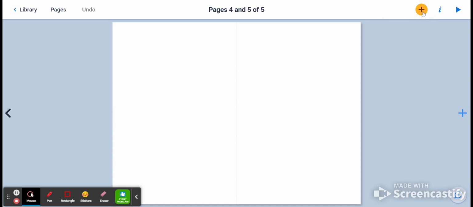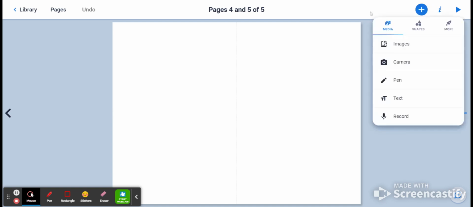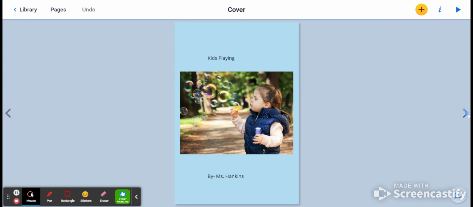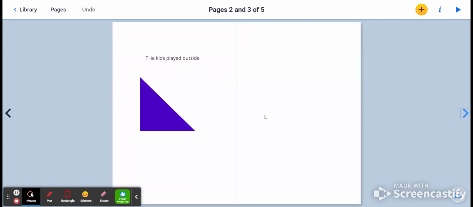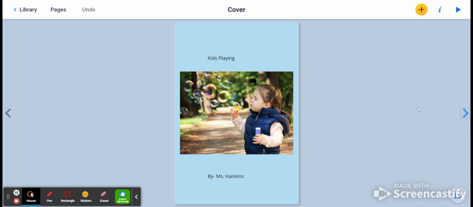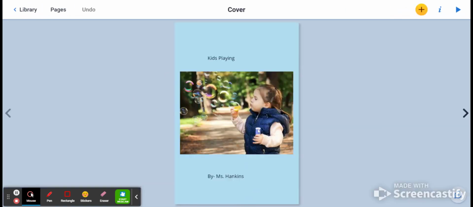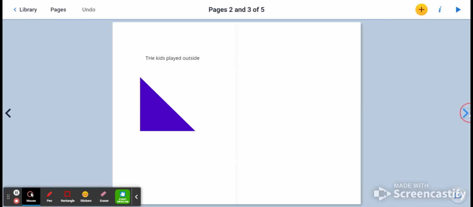After you have created your story, if you go back to the library, click this, you can play your story. It'll actually read your story to you and publish it so that your friends could also view the story that you created. Once this is done, I will go through and view your story, make sure that you've met all the criteria. So right now it shows that we have 1 book in the classroom library. We can click on it, we can view it, we can play it, we can go through the pages of it. I hope this tutorial was